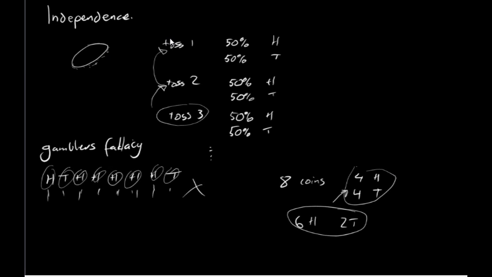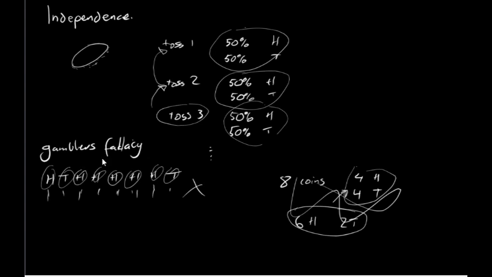If we're tossing it in consecutive order, 1, 2, 3, our chances are exactly the same every single time. So don't worry so much about this stuff here. It is called the gambler's fallacy. I've put a link to a video which explains that a bit further. So it is interesting. With independence, every event is independent of each other.